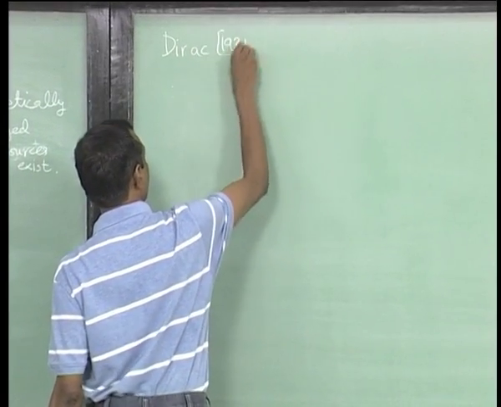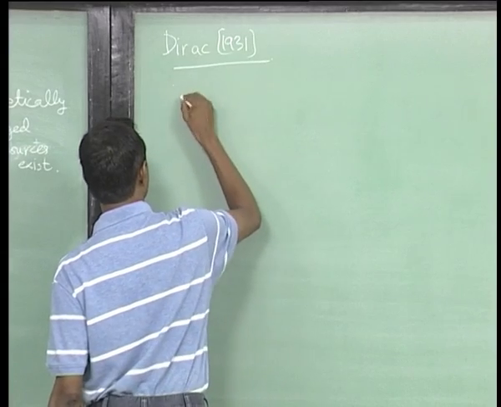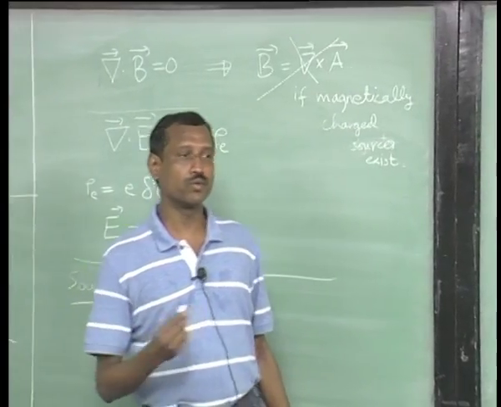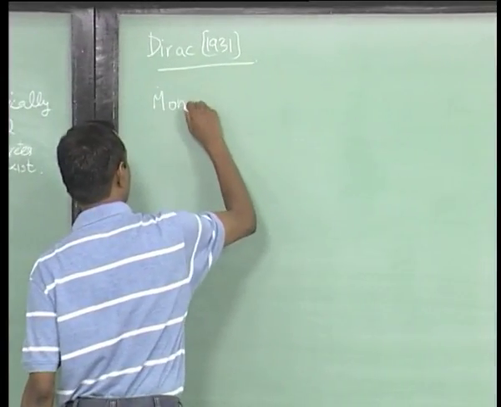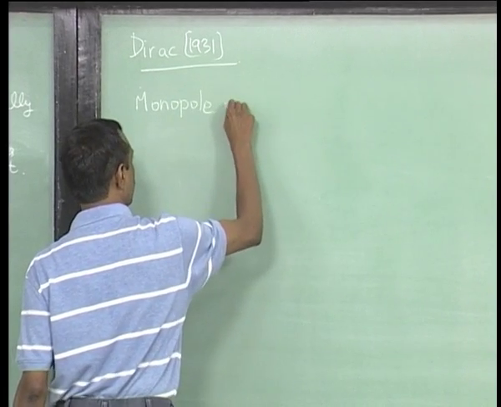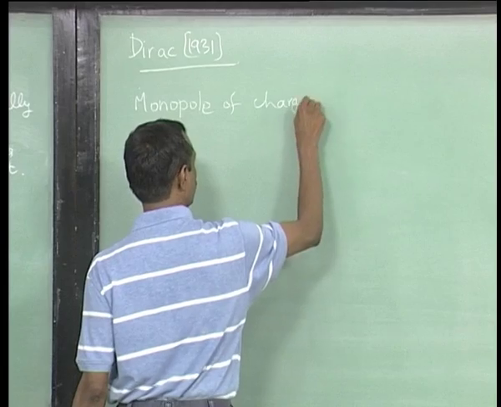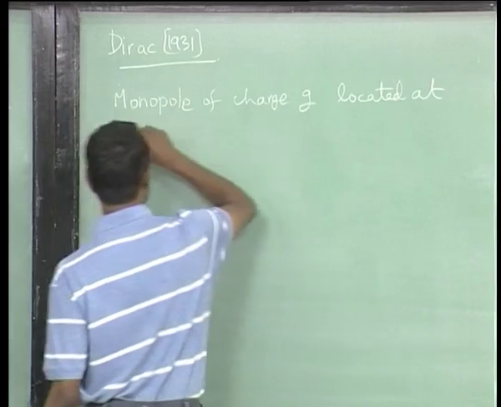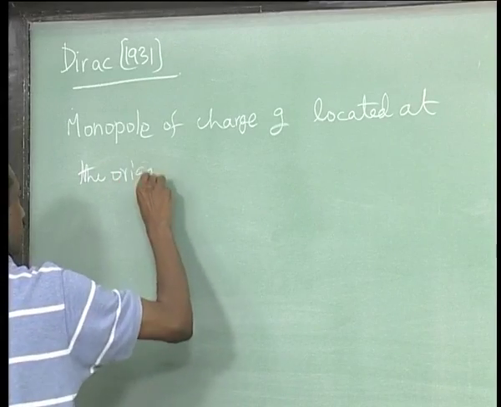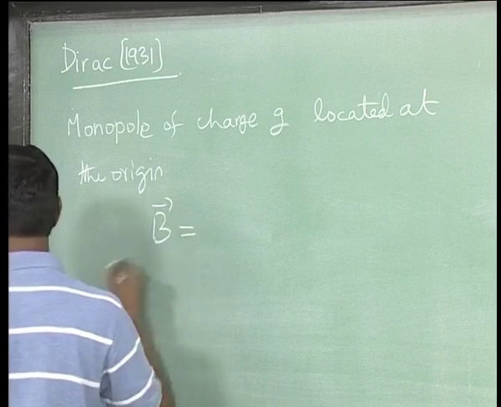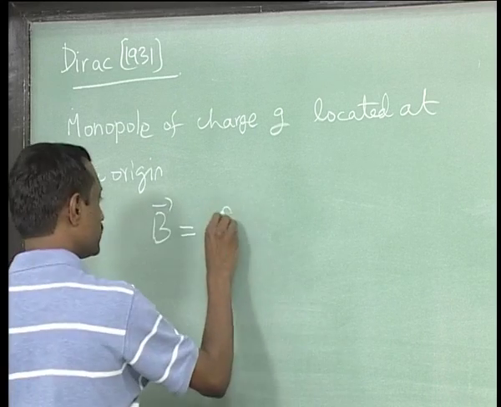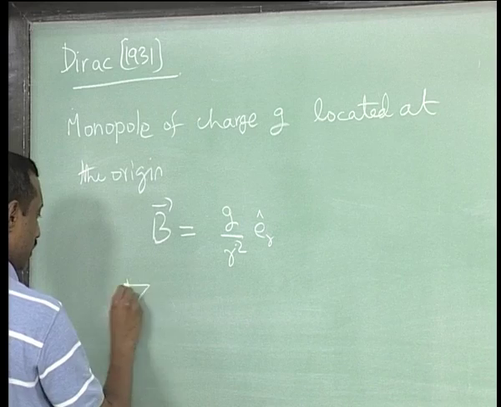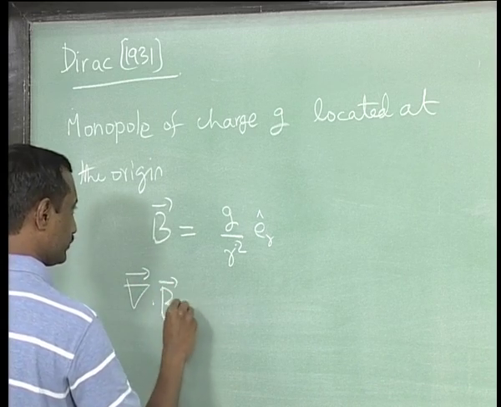Using this, Dirac in 1931 wrote, let us look for a point monopole. He called it a magnetic pole in those days, but we will call it a monopole of charge G located at the origin. Just looking at what we have out here, B would be G by r square, and del dot B would be